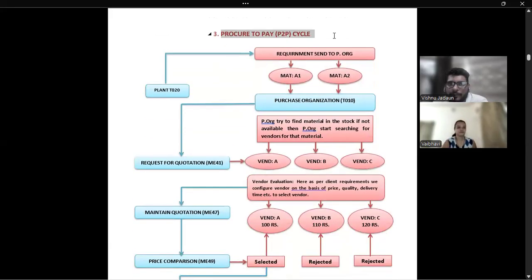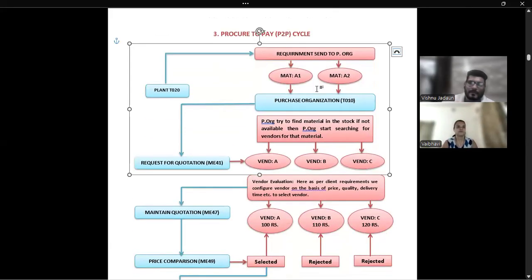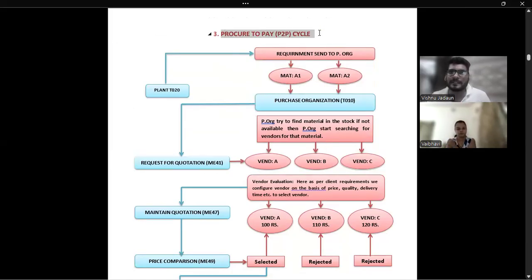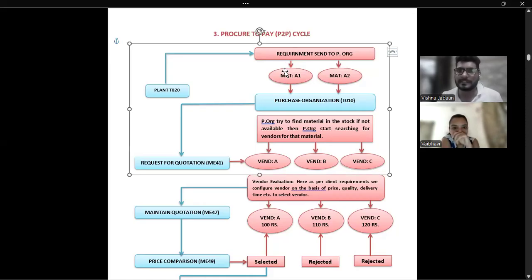Now coming to our procure to pay cycle. अगर आपको मटेरियल मैनेजमेंट सीख रही हैं तो सबसे बेस, और अगर आपको केवल एक सिंगल ये साइकिल भी आती है प्रोक्योर टू पे, तो आप इसी से जॉब ले लोगी. पूरा अगर MM भी नहीं आता, अगर आपको ये सिंगल एक साइकिल भी आती है तो इसी से जॉब भी मिल जाएगी, बस अच्छे से आनी चाहिए. ओके।